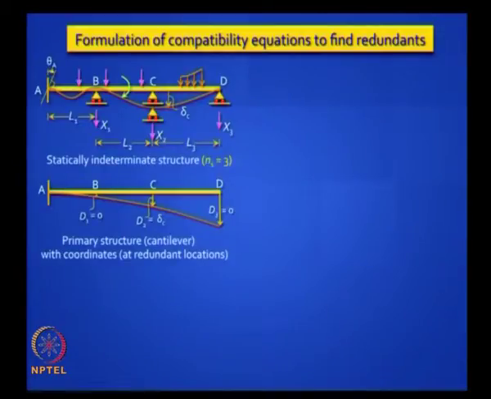Right. Now you take the primary structure and do a series of superposition. You have 2 loads here, please note. One is called direct loading. The external loads are directly caused by those arrow marks that you see there. Some are forces, some are moments. There is a concentrated moment shown there. You also have another kind of loading here. What is that loading called? Support settlement. Yeah, that is called indirect loading, in this case by support settlements.